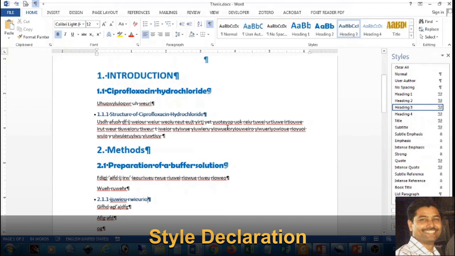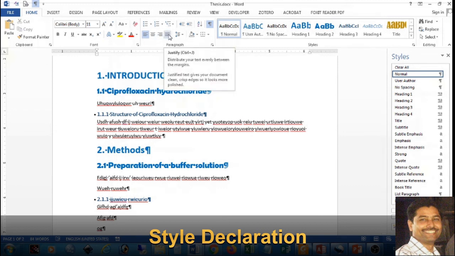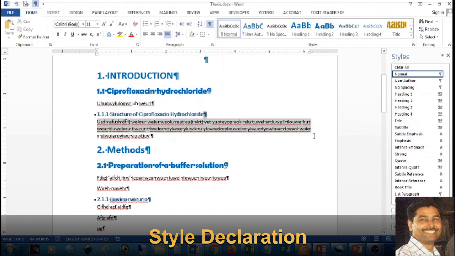Now paragraphs. Whenever you place simple paragraphs, it will give you normal, but my suggestion is don't put it in normal. So here let us define a certain style for these paragraphs. First of all, the paragraph whatever you are typing here, let us make it justified. So on both sides you will find an equal line coming. That means the boundary is perfect. So this is the justified style.